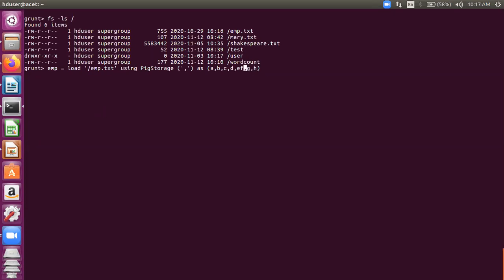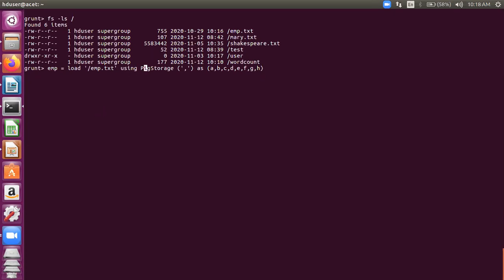As you all know, there are 8 fields in the emp dataset. I'm loading it into the emp relation. The load operator is there, followed by the name of the file in single quotes. You must mention the entire path. So I'm mentioning that there is a file emp.txt below the root in the distributed file system, and then